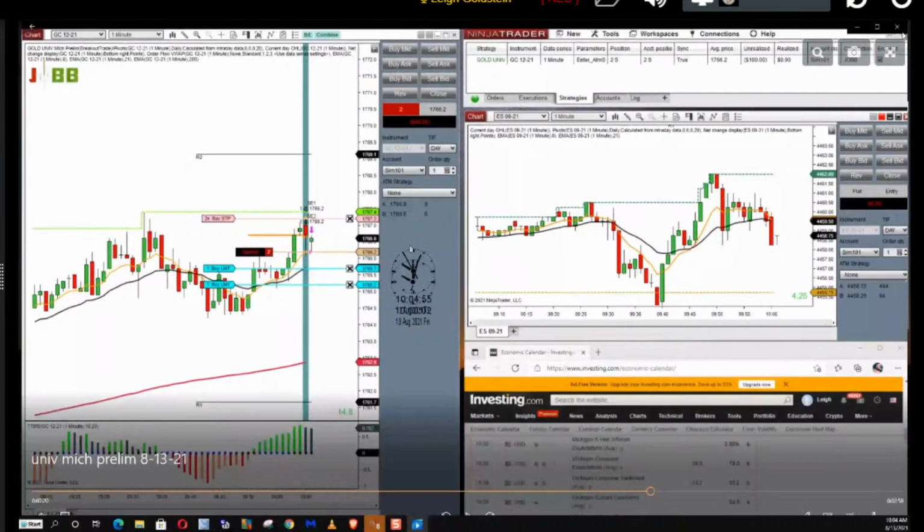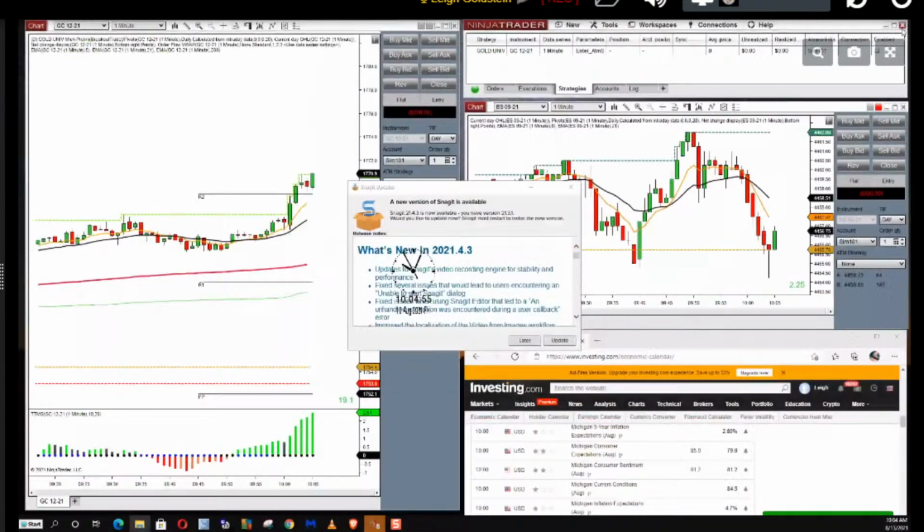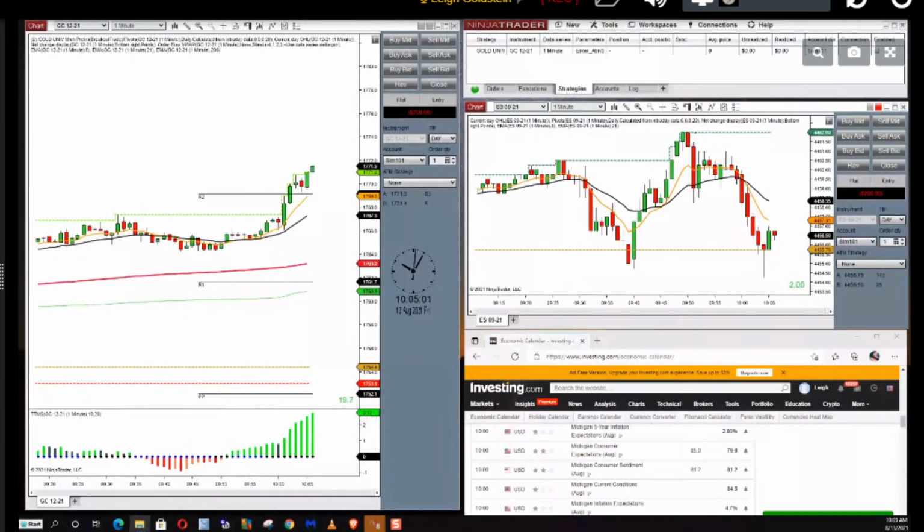I would adjust my bracket on this trade to 7. In my opinion, I would not use brackets of 5 on gold trades. It's too tight. It's too tight.